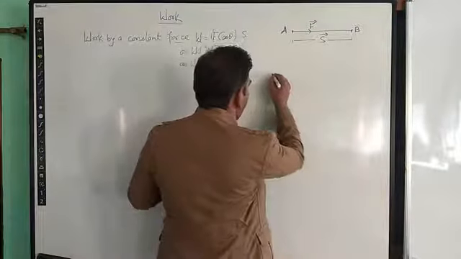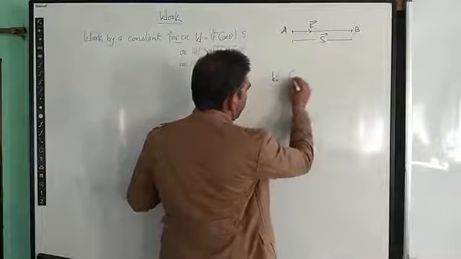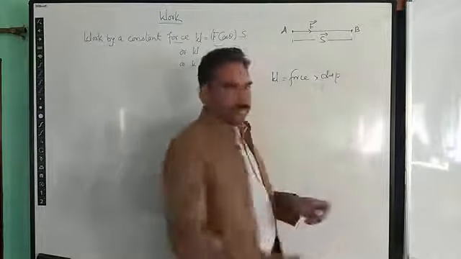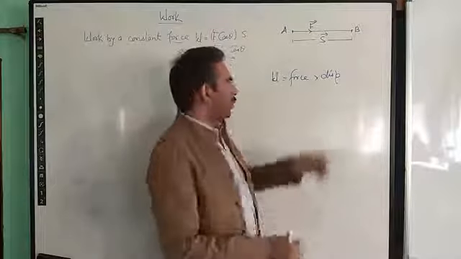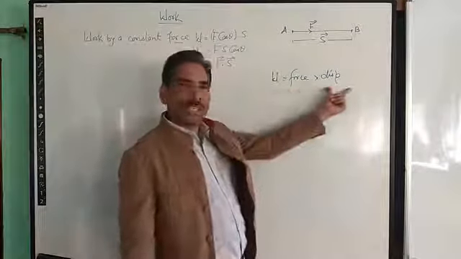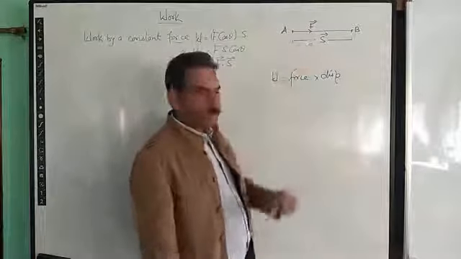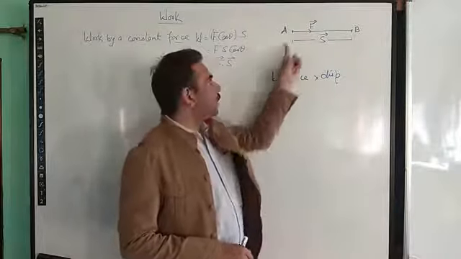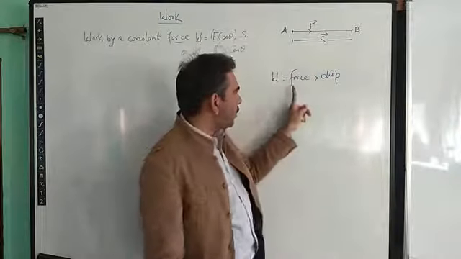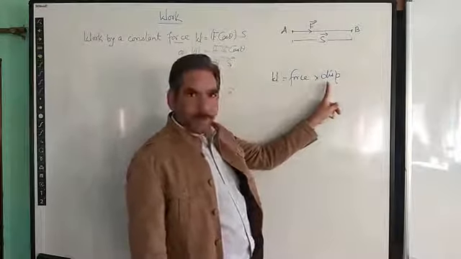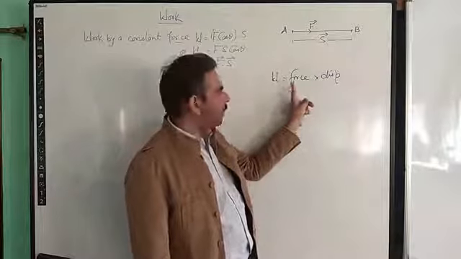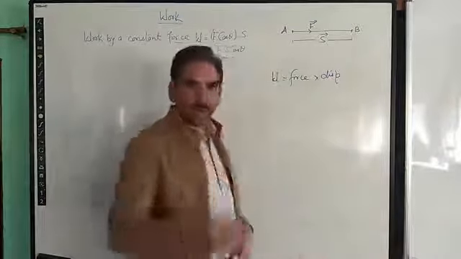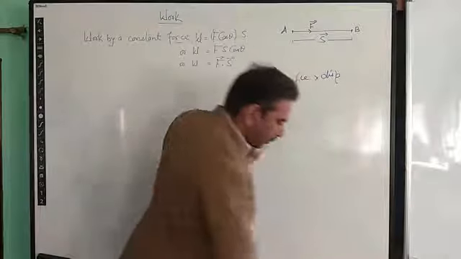If this is the formula for the work, equal to force into displacement, this is the formula we use because force is constant for the given displacement. But in this case, whenever the force is not constant, it does not remain the same at every point of its displacement. So that means this variable force cannot be multiplied by the displacement straight away. So in that case, how do we calculate the work done?